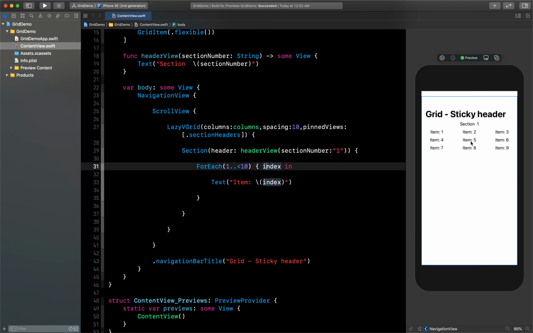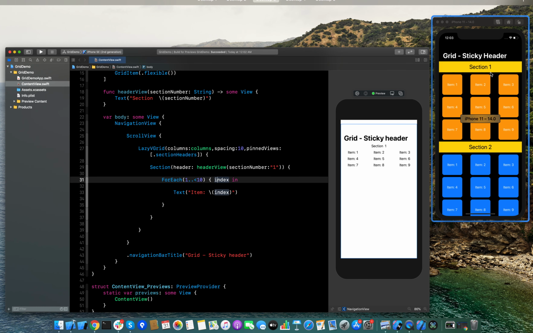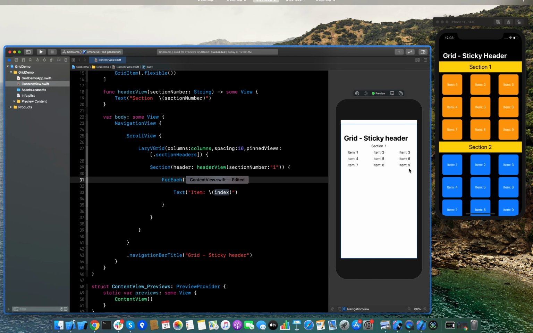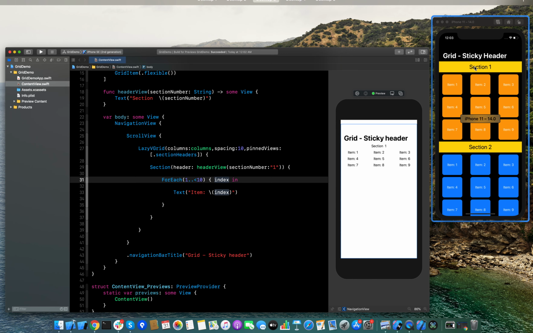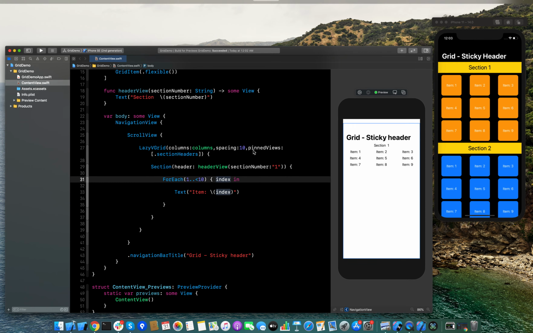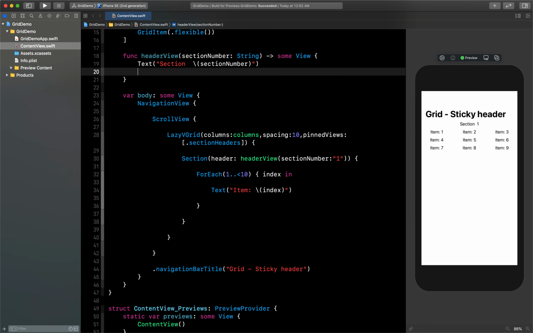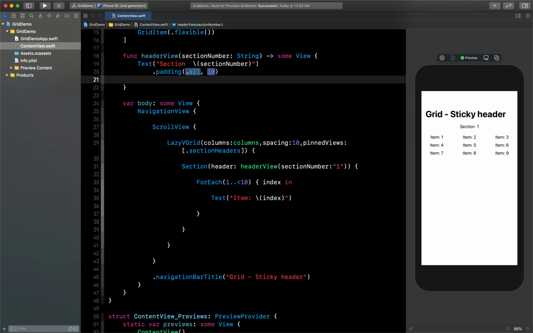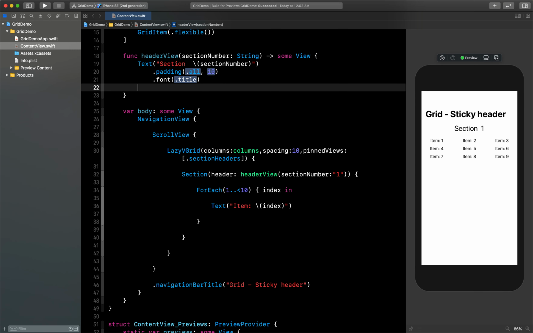So now we have created one, but here you can see there are different things, like we have to give some modifiers to make them resize. Also we need to make our section view better. So let me first change my section or header view to look better. So for that what I will do is I will first add some padding, then I will add some font, let's say by default title only, so you can see that it is reflecting here.